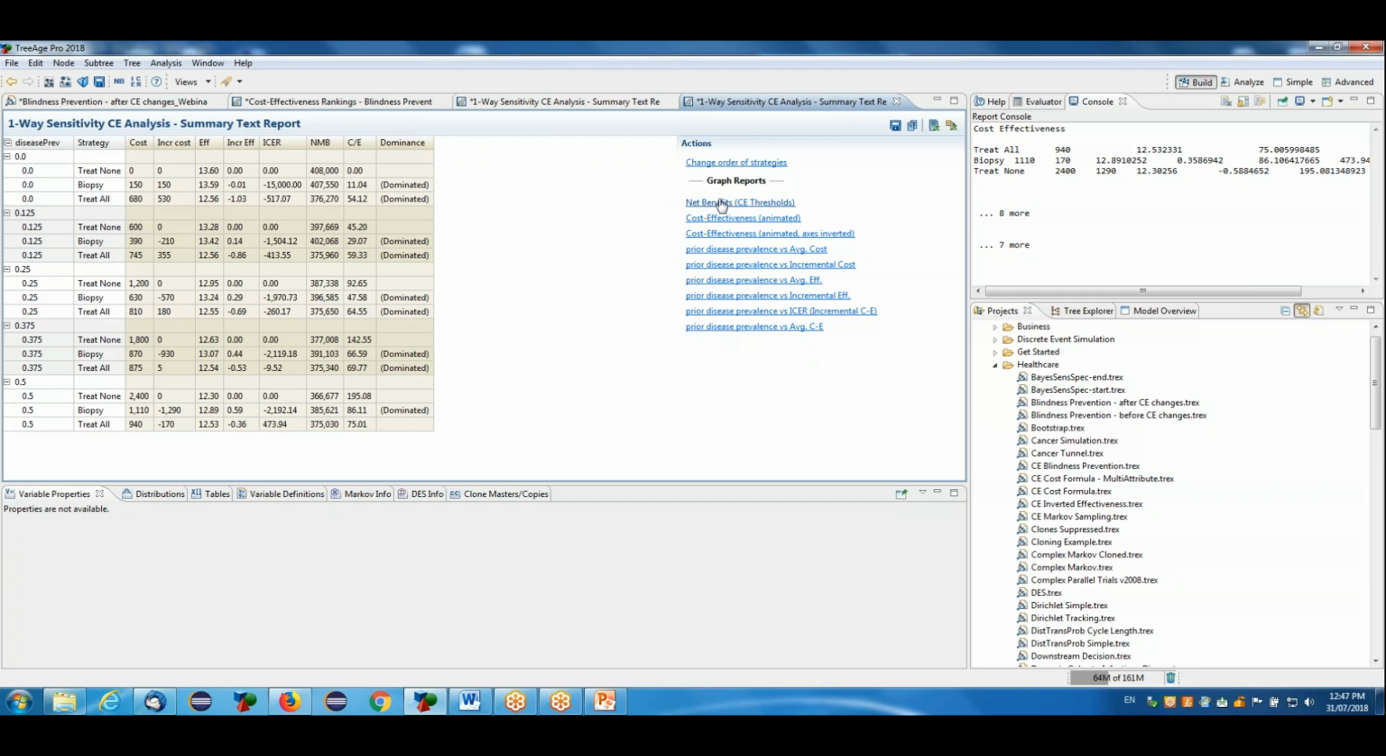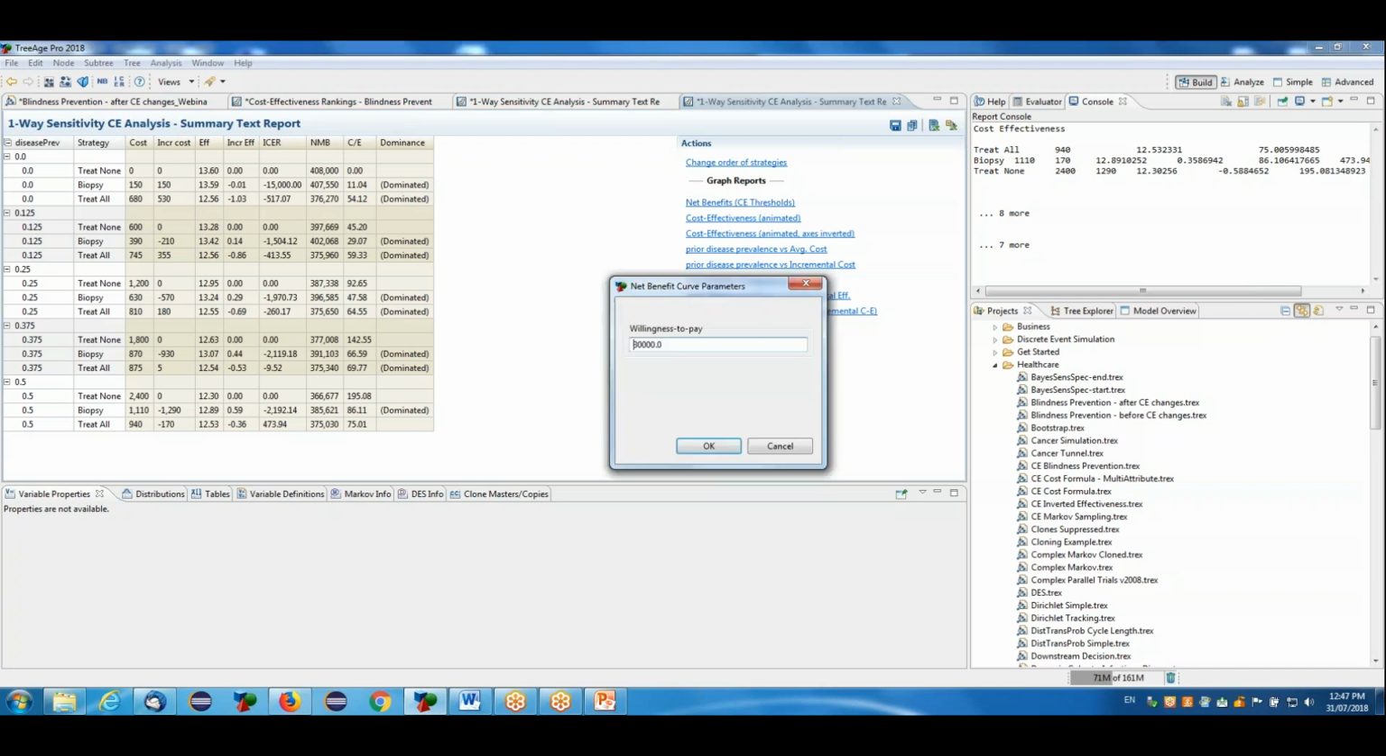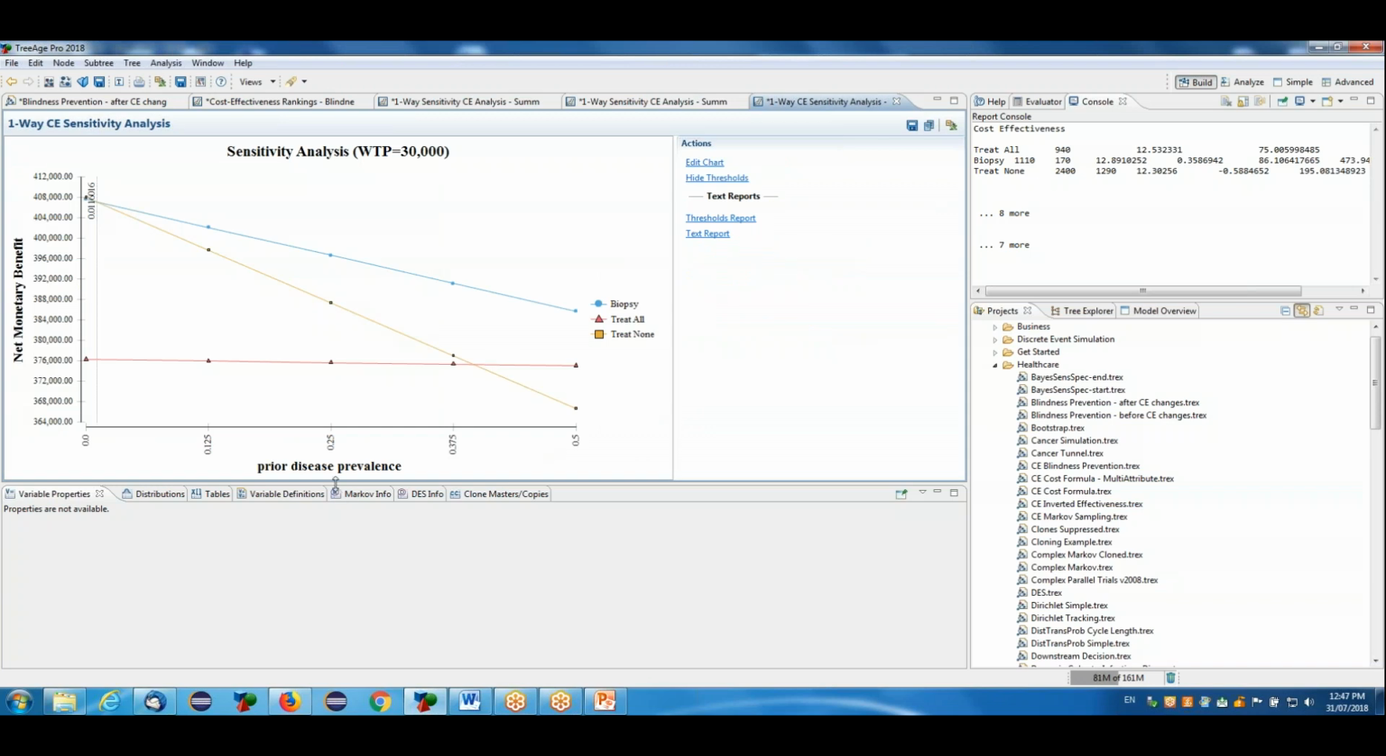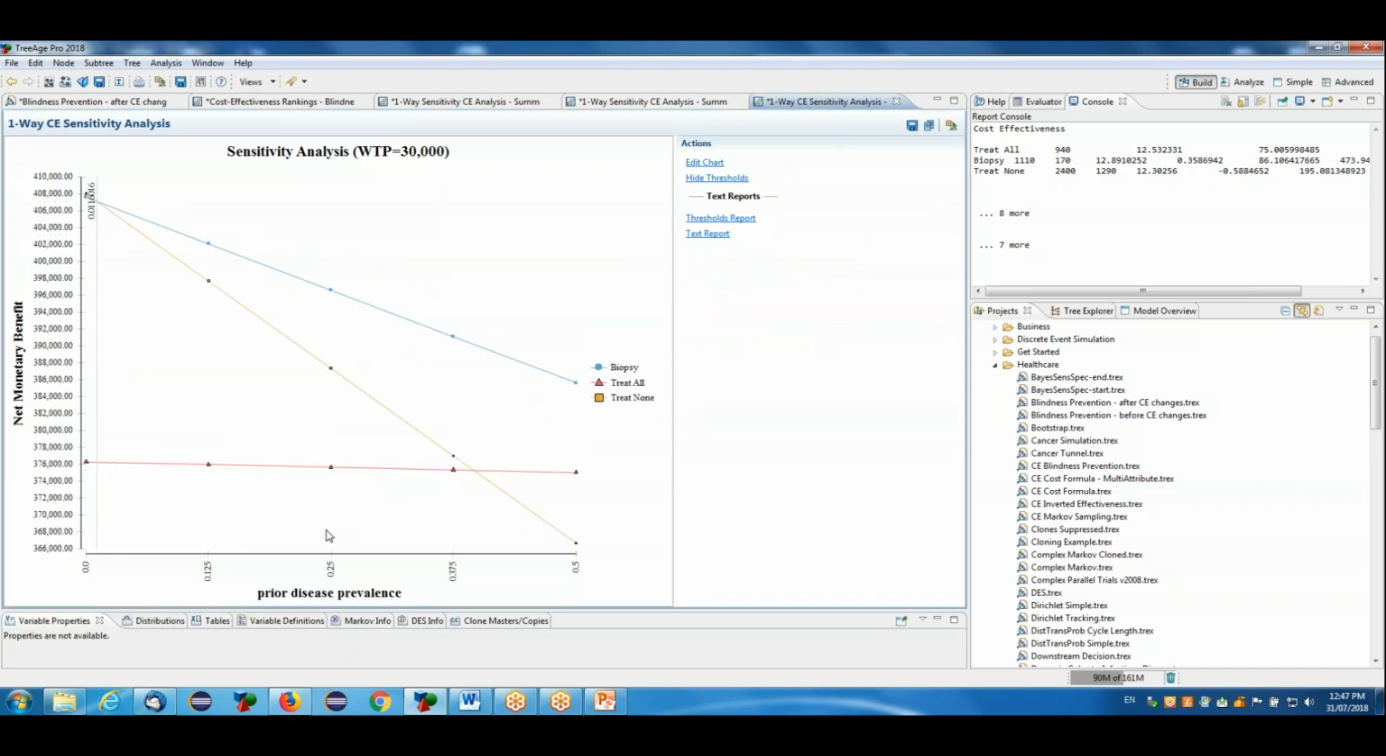The most important one is listed at the top here. So this is the net benefits. That is going to show us if there's any cost effectiveness thresholds in what we're looking at as well. If we select that, we have to enter a willingness to pay because it's a net benefits graph. We can see that in this particular example, there is a threshold, whereas we go from one strategy to